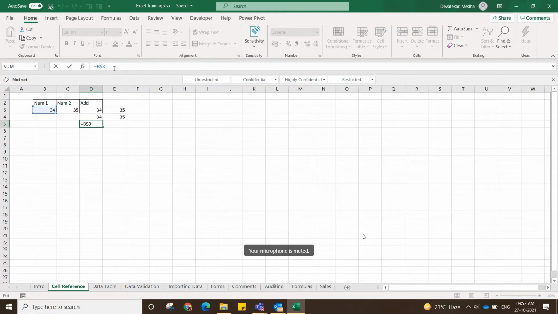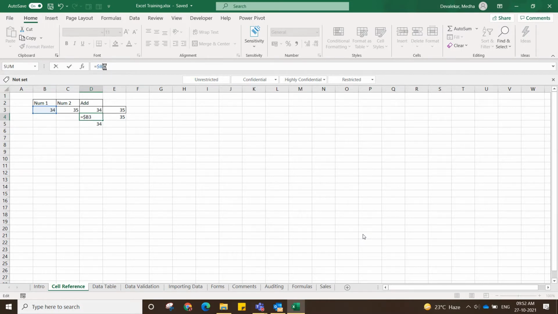Why? Because our row is constant, not the column. So it still refers to the B3 value, 34.